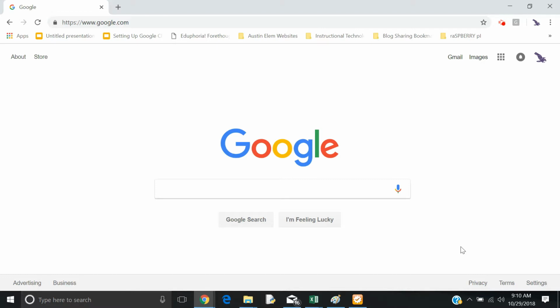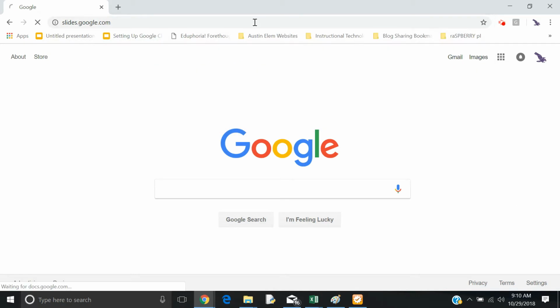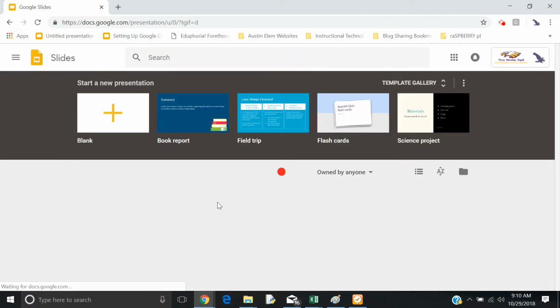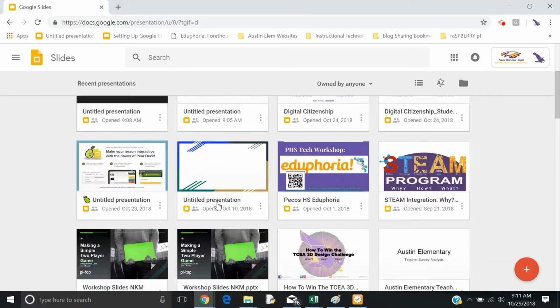Google Slides is Google's version of Microsoft PowerPoint. So this is a PowerPoint presentation type of app, and you can find it three different ways. Number one, you could just type in slides.google.com, and it's going to take you to your Slides homepage where you have all of your previous slide decks, and